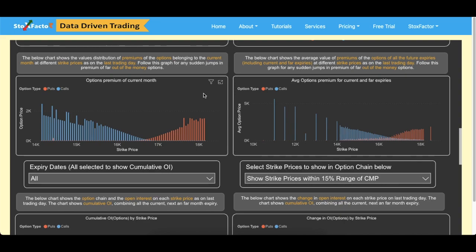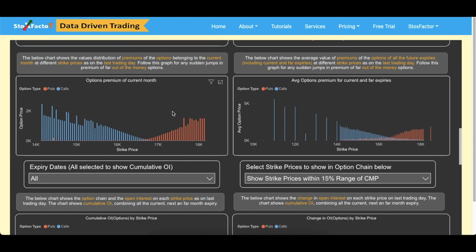But the point to understand is that if you are following these graphs regularly and you see a sudden spike in out of the money options, these are all in the money put options and out of the money put options will lie here. Similarly, these are all in the money call options, out of the money calls will lie here. So if you see a sudden spike in prices of far out of the money puts and similarly calls, you can expect a large movement on either side. So we have to follow these graphs for that purpose. But as I mentioned, we'll discuss these two graphs separately with a use case in a separate video.